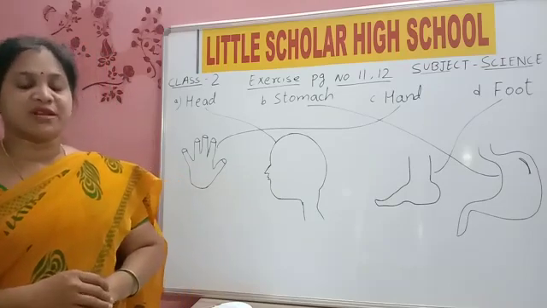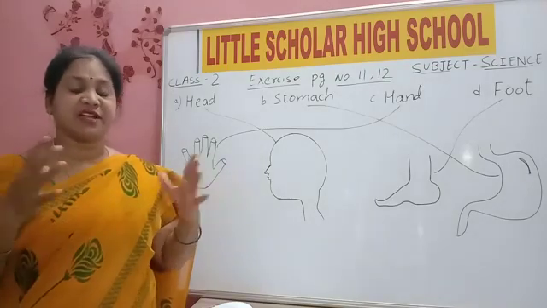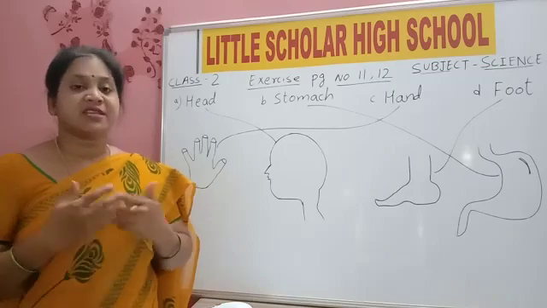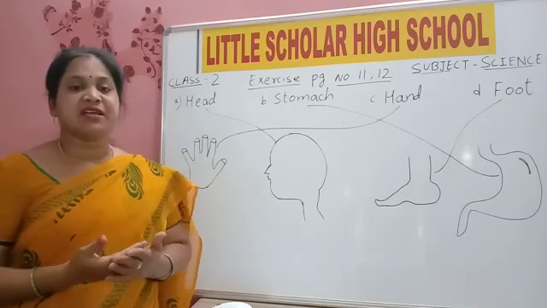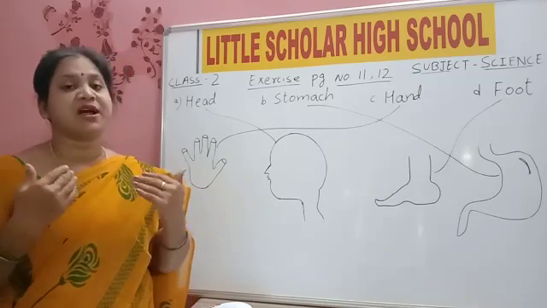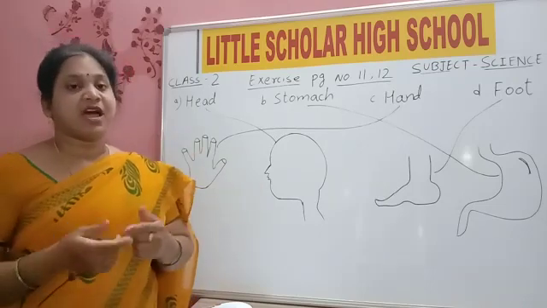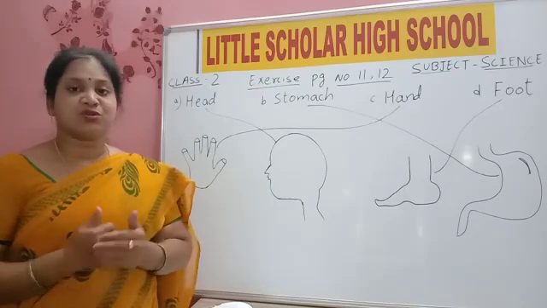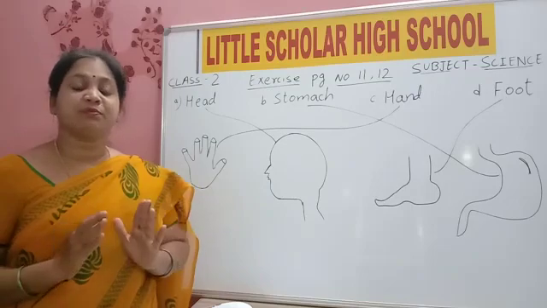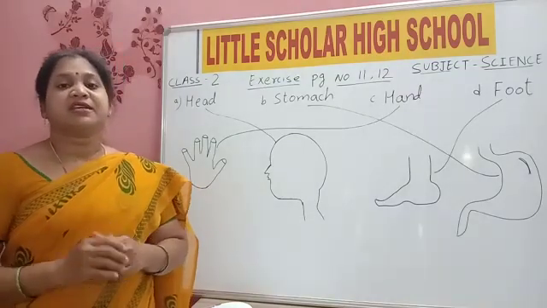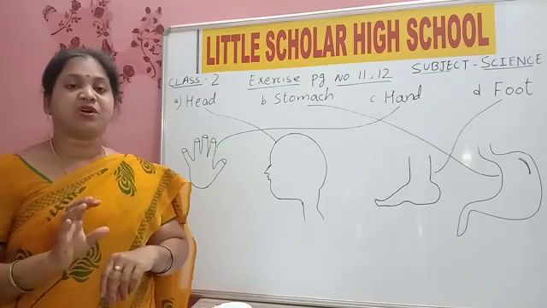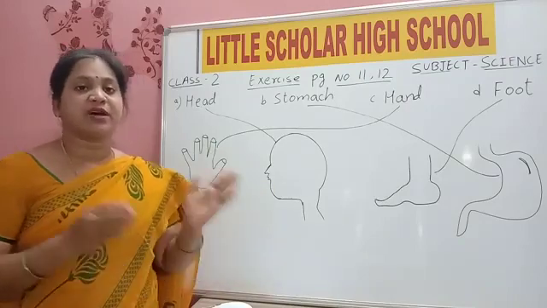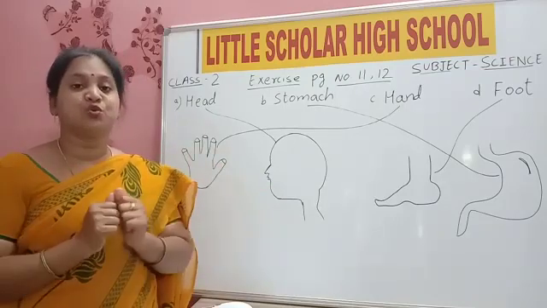Yes children. So once what happened? All these five sense organs were fighting among themselves, saying that I am important. Eye is saying that I am very important, without me you can't see. Ears are saying that I am also very important, without me you can't hear. Tongue says that I am very, very important because without me you can't taste any food. Skin is saying that I am very important because without me you can't feel anything, whether this is hot or cold, or whether the weather is cool or hot.